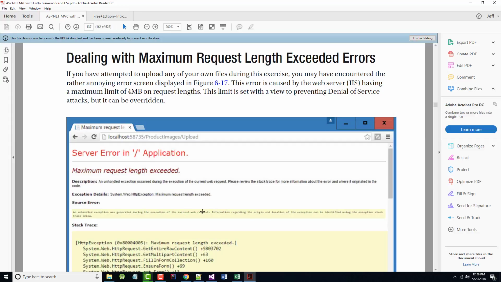If you attempted to upload any of your own files during this exercise, you may have encountered a rather annoying error screen caused by the web server, IIS, having a maximum limit of 4 MB on request lengths. This limit is set with a view to prevent DOS attacks, but it can be overwritten. DOS is denial of service, and if you don't know that,